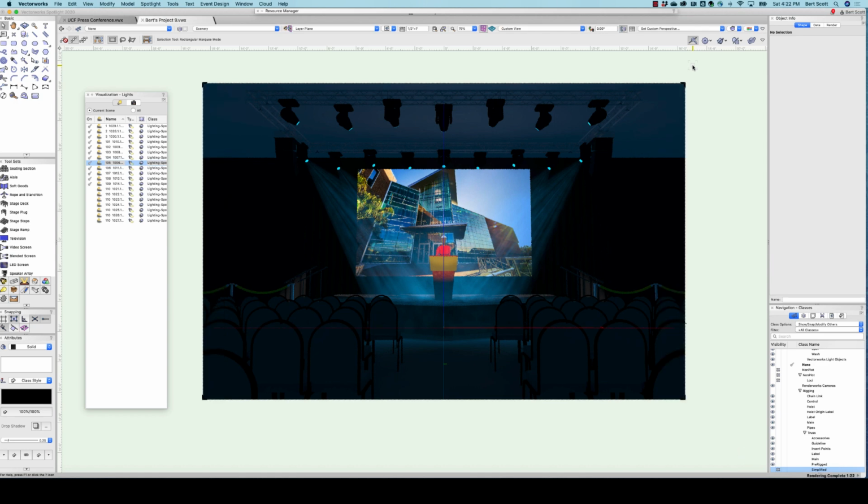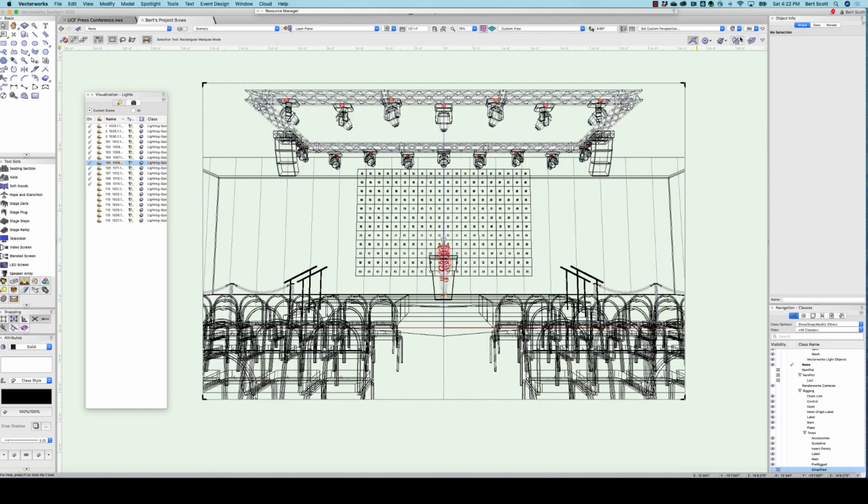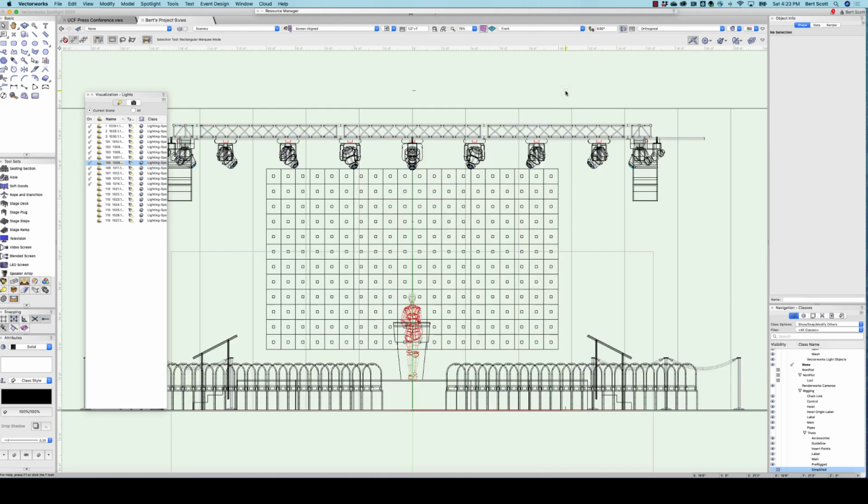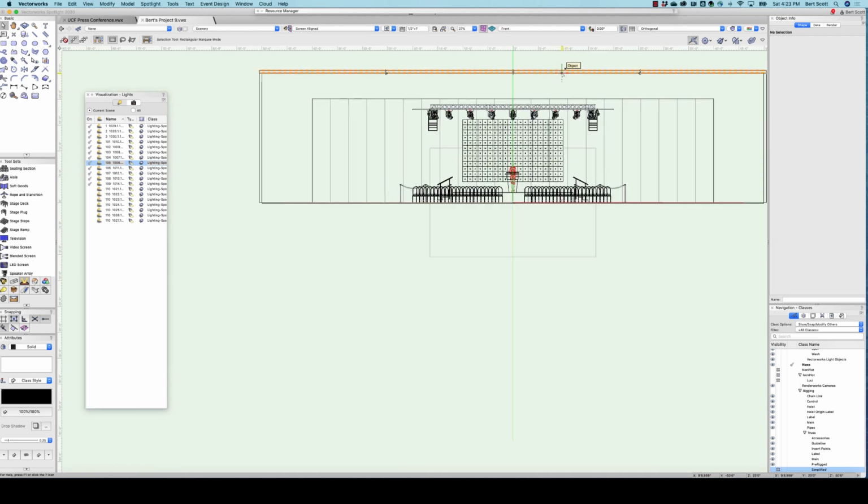Okay, so that tells me a couple of things. First of all, my ceiling is too bright and the lights are really dark. So I'm going to make a change. The first thing, we're going to go to top view and then to front view and select the ceiling and change it